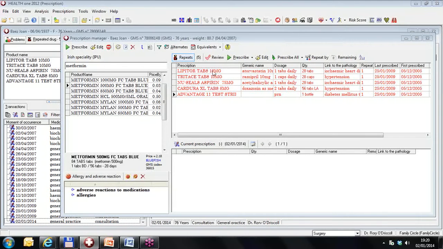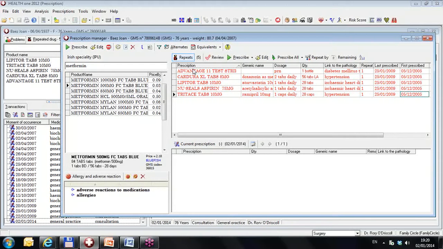sort the prescription list by any of these columns by just clicking on the header. If you notice here, you have this order, which is the same order as they were input into the patient file. And this, over here in this view, is a list of all the drugs in the basic medical information in the same order. If I click here,